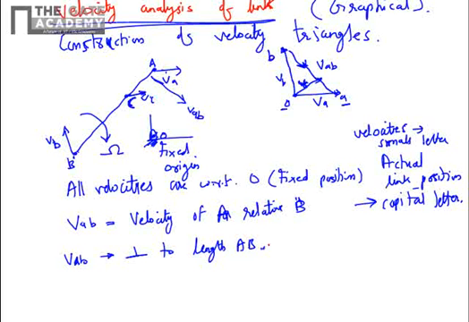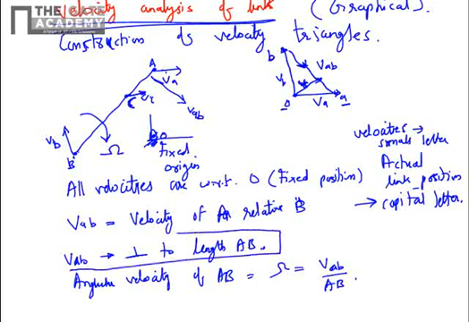Now this property can help us to find out omega, the angular velocity of link AB. Omega can be determined by VAB divided by AB, the length. This is the identity omega is equal to V by R. Now the property that VAB will be perpendicular to length AB is a very important property which will help us to calculate